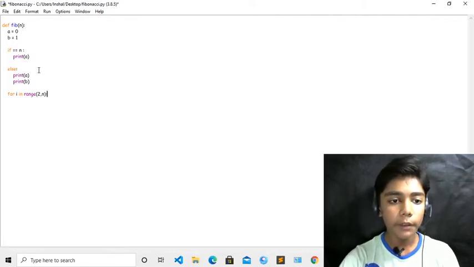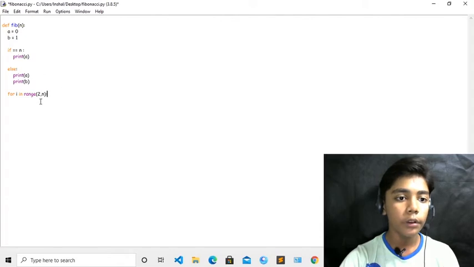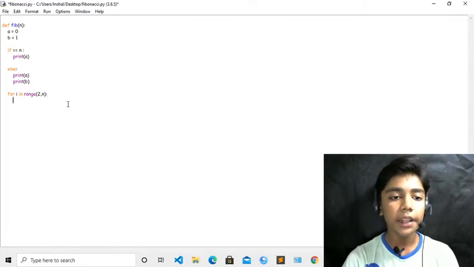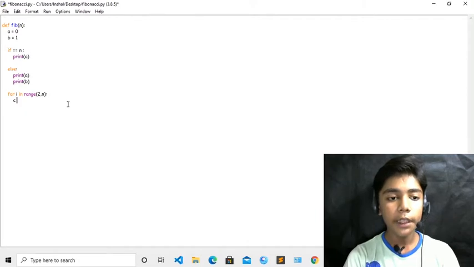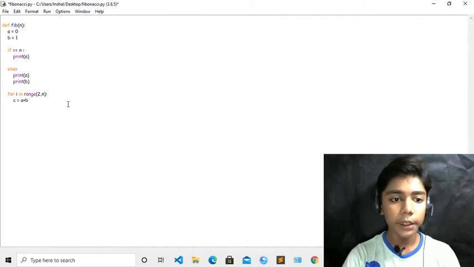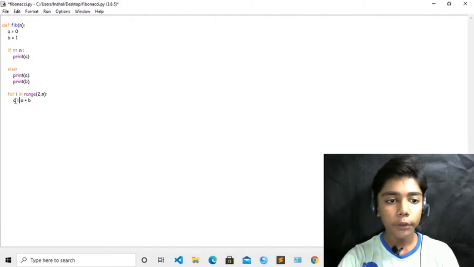Okay, so it will be giving a syntax error, so you don't write these strings in these brackets over here. Okay, so now till here we have defined, just press enter over here, and now here we will define print. Okay, and now here we will define c, first of all c, then it will be equal to a plus b over here. Okay, we have to add a plus b, and now we have to define this c also.